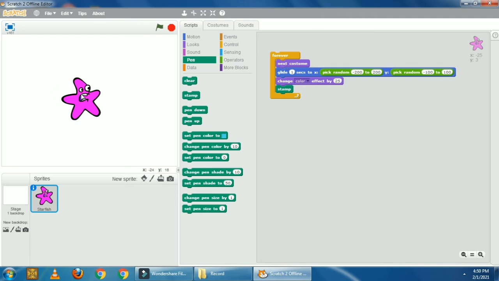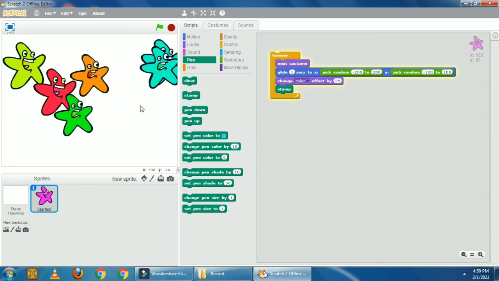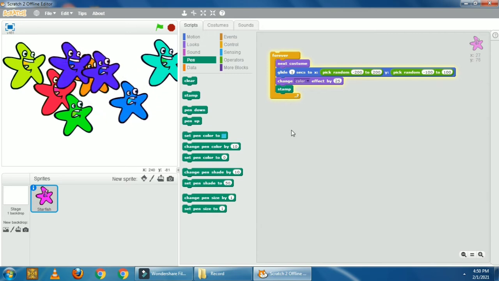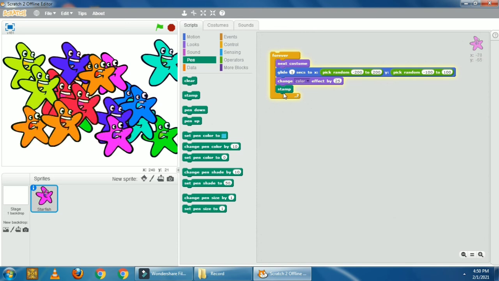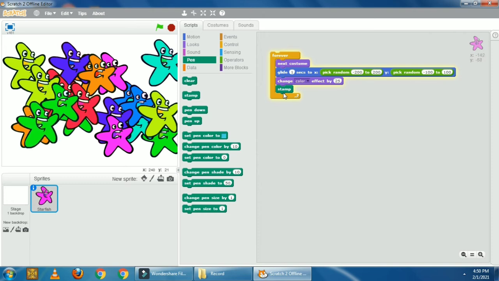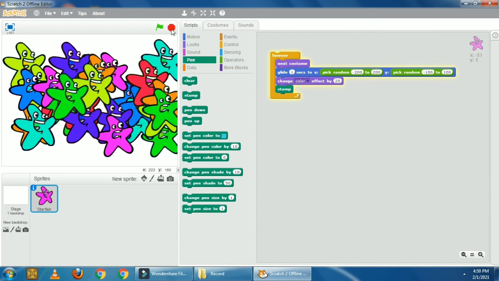Now let's execute this project and see what happens. So I am clicking on this forever block. You see the change. Click. You can see our starfish is moving on the stage and its location changes every time. You can see it randomly takes a y coordinate and an x coordinate, and the starfish will go to that coordinate and stamp another starfish because we gave the stamp block. So every time it will make a new starfish. This way we can change the location of the sprite. Now let's click on this red stop button to stop the execution. Click. Our execution is stopped now.